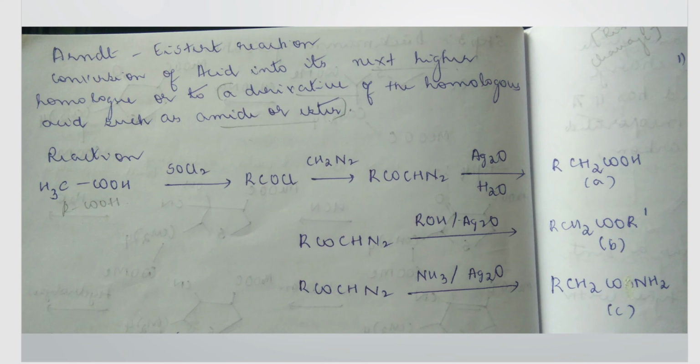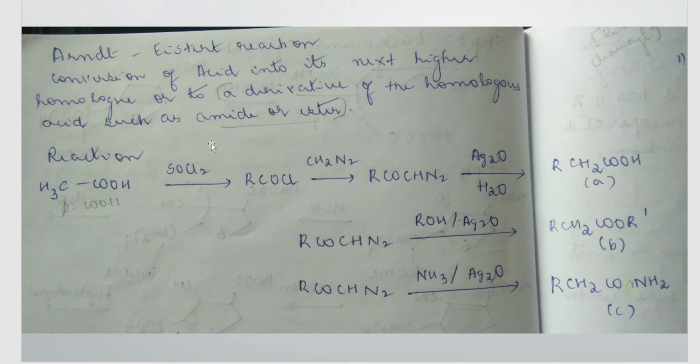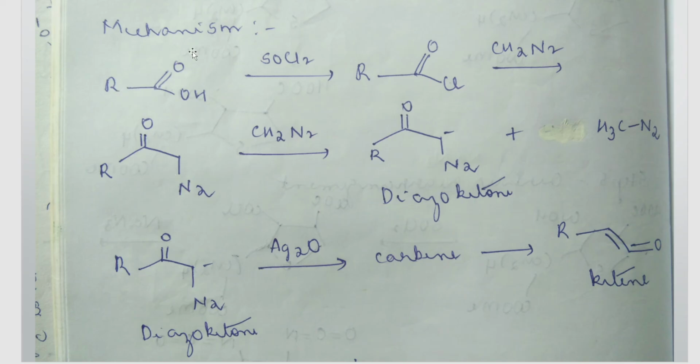Next, we are studying how this reaction proceeds, the reaction mechanism. So the mechanism of this reaction, how does it proceed? First, you're supposed to take a carboxylic acid. Okay, a simple carboxylic acid like RC double bond OH, and then you're making it react with SOCl2. On treatment with SOCl2, what happens, students? The OH group here will be replaced by the chlorine atom. So here you can see RC double bond O, Cl, and the OH group has been removed from here. It has been replaced by the chlorine.